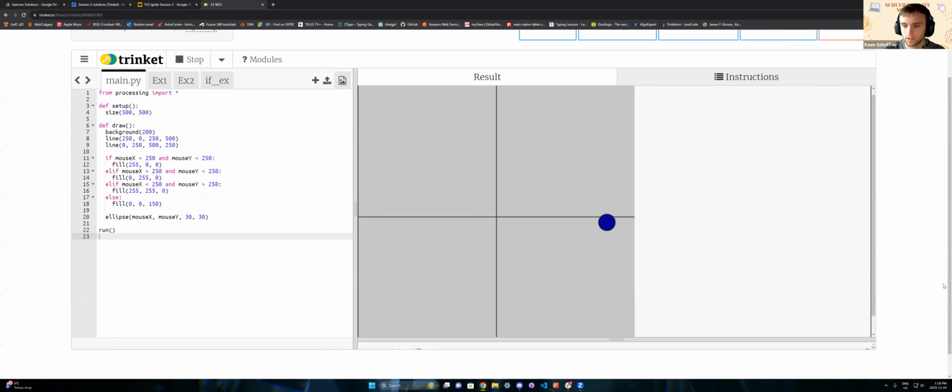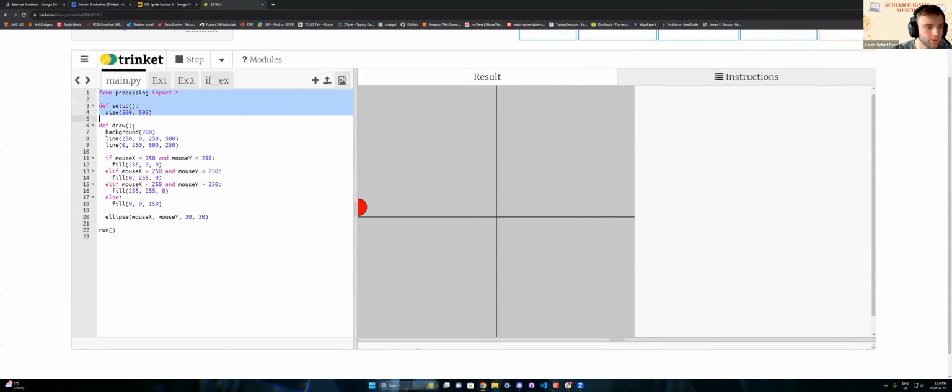Good. Okay. So the biggest thing about this was just implementing the if else statements, right? So from the skeleton code we gave you, I believe we gave you up to like this plus the drawing of the circle, and we just wanted to see you guys add these statements here. Okay. So we'll go over it quickly, right? We defined a square by 500 by 500, just set the background color to be 20, right? In our draw, so we don't have an infinite amount of circles being shown. Had our 2 lines, okay? And then you guys were given this one, right?